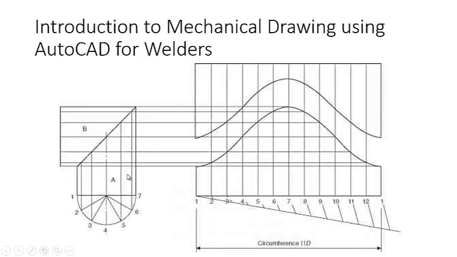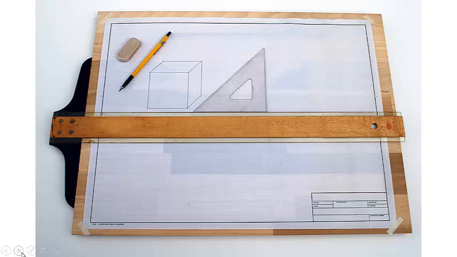Something like this. I'm going to get out my highlighter here. Previous to using AutoCAD as a drafter, or even as a layout person, even as a welder, when I would go to lay stuff out, I may employ a board to do drawings. This would have come in handy in first year to do a lot of our drawings, our orthographic projection drawings. I would use a T-square that would slide along the side of the board to do a lot of my parallel lines. And I can then use a number of triangles to make 90-degree angles or 45-degree angles,